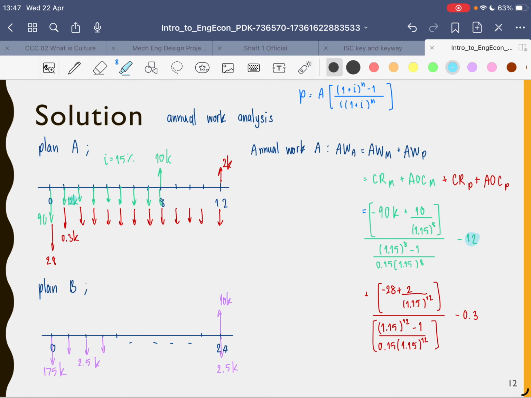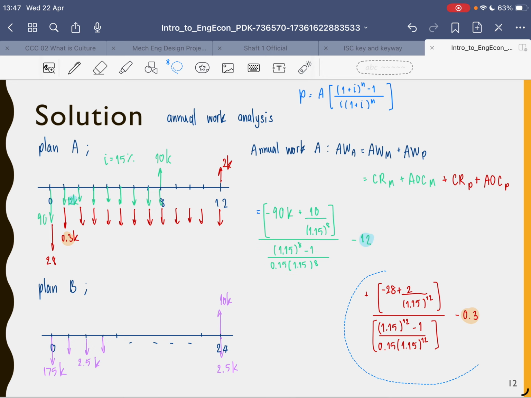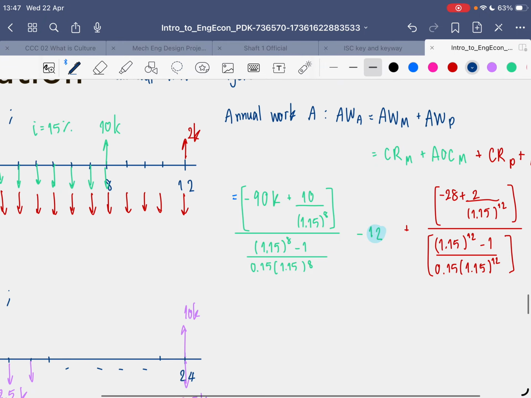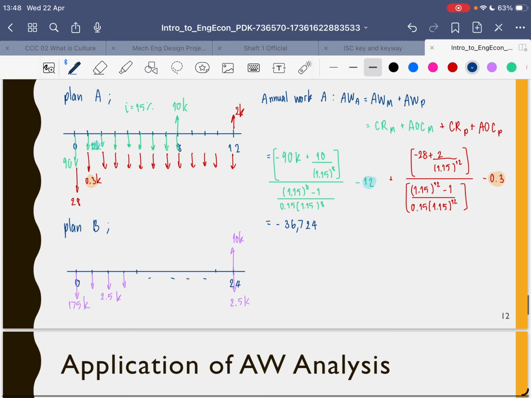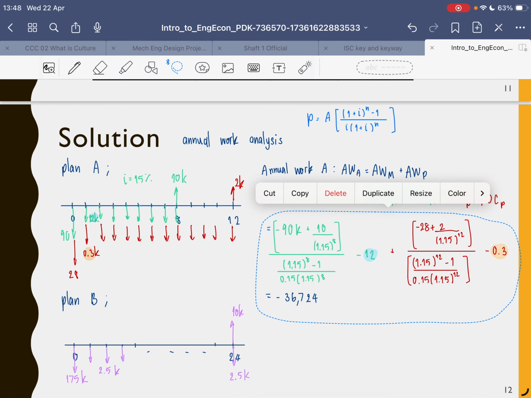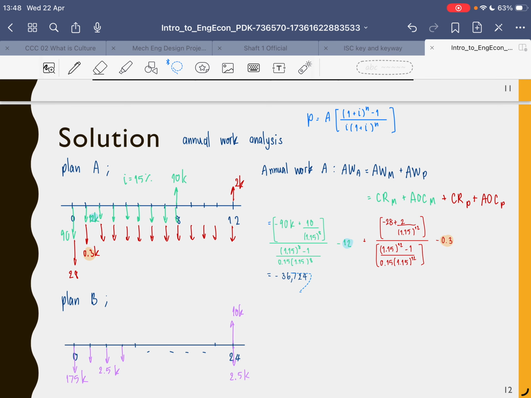This is the annual worth of option A. And annual worth of option B is equal to capital recovery of option B plus AOC of option B. And that is equal to minus 175K, which is the initial investment of option B, plus 10 divided by 1.15 to the power of 24, which is the salvage value discounted back to period 0, and then divided by the factors that make it an